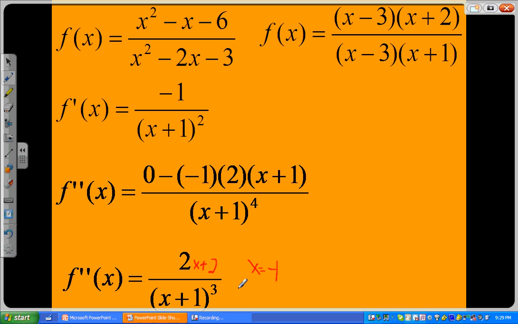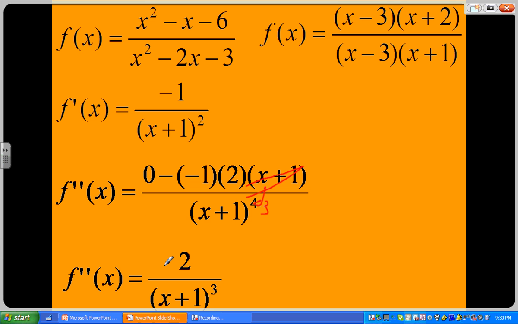negative 1, which can't happen because, oh, I see. If you cross this factor off with this factor, it leaves you with a 3. Didn't see that, sorry, my mistake. I was going to get there either way, it's fine. But just in case somebody else didn't see that, I crossed off the factor. I didn't put a line through there, though. I should have. So, that means the graph,